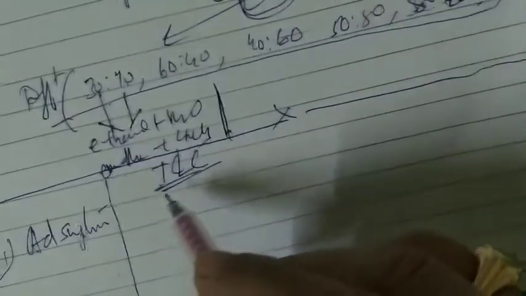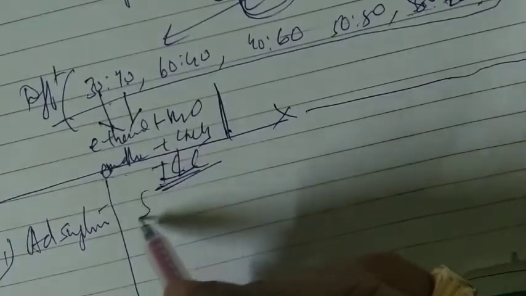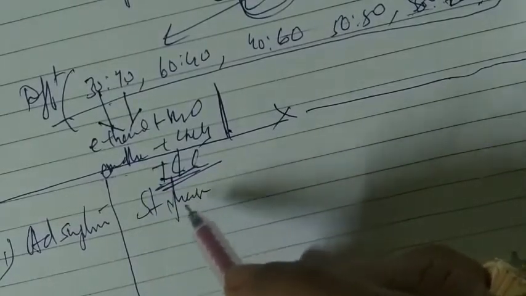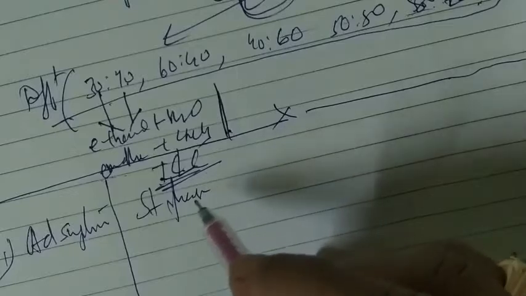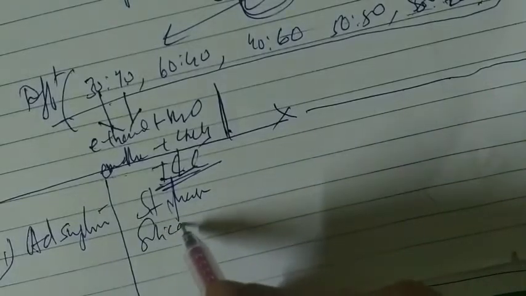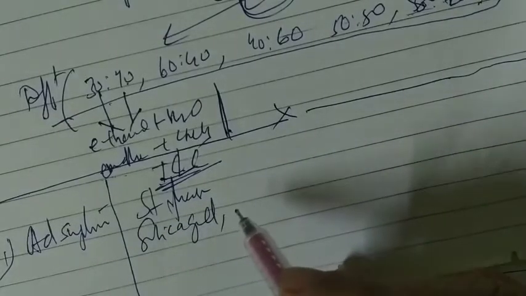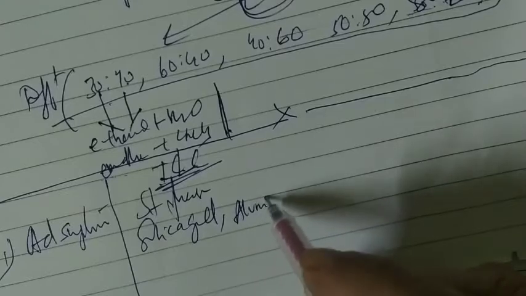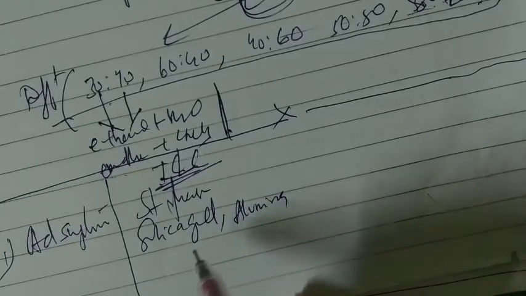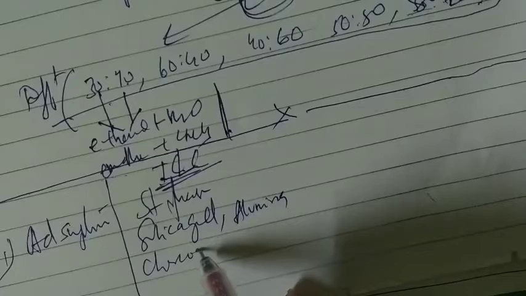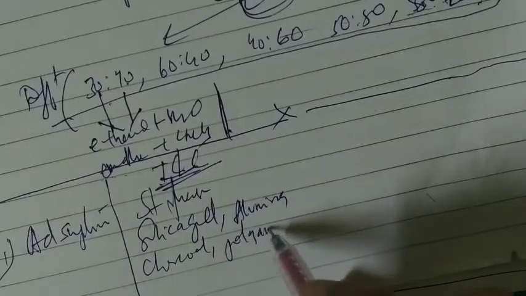For adsorption type of TLC, the stationary phase used is a glass or aluminum plate where silica gel is coated, or alumina can be coated,